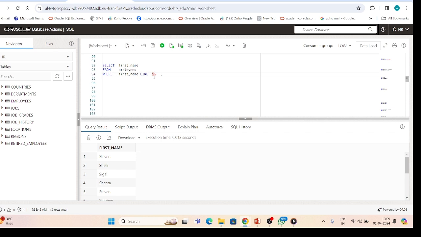This is case sensitive. As you can see here, we have the result set with all the names starting with capital S.